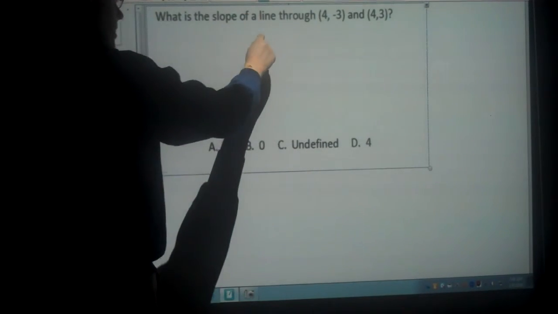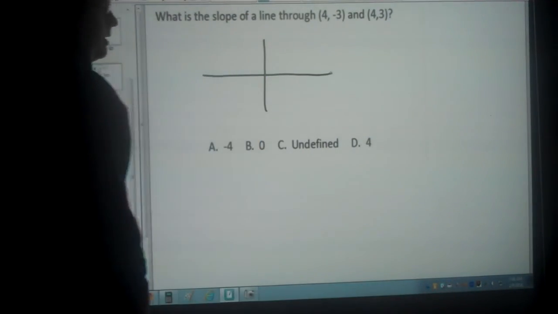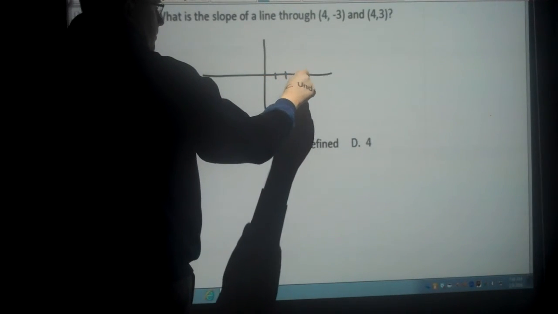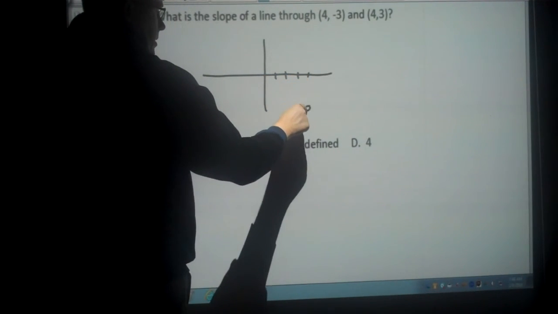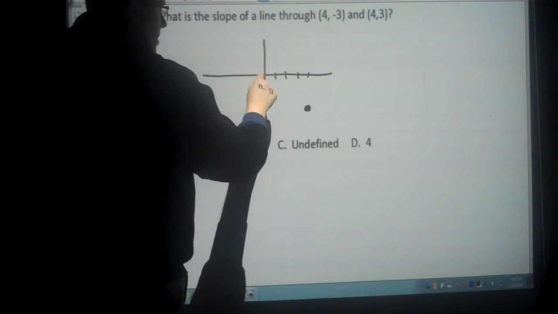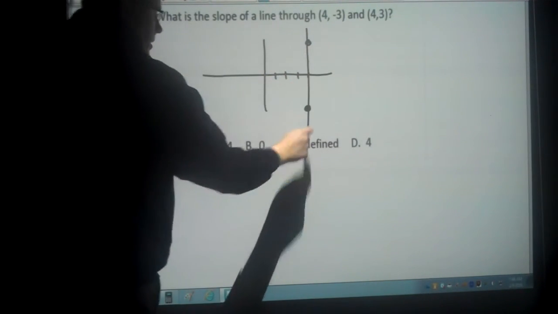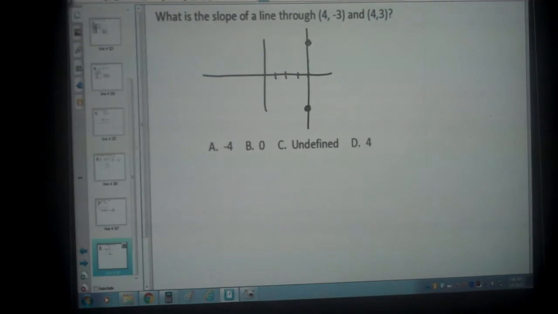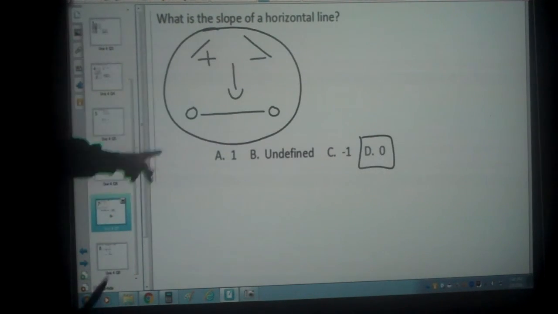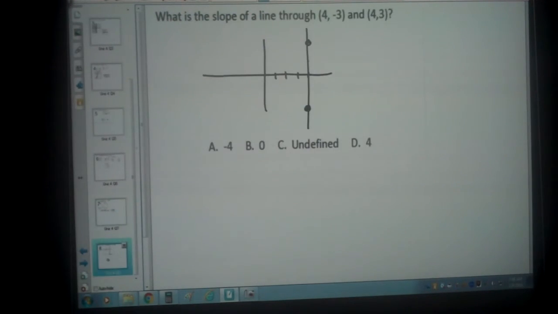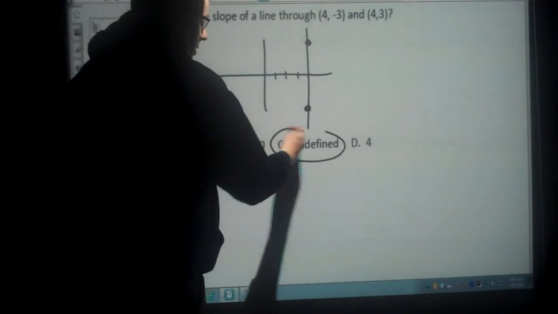What we could do is we could plot these 2 points and probably figure out which is the correct answer. So 4, negative 3 means you go across 4, and then you go down 3. 4, 3 means you go across 4, and you go up 3. And you can see quite clearly from this one, this is a vertical line. If we go back to Mr. Slope Guy, the vertical line is the U, which is undefined. Therefore, the answer to this question